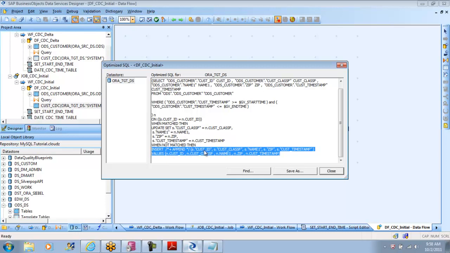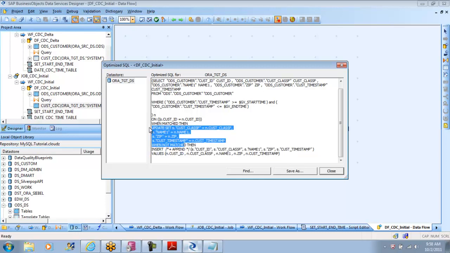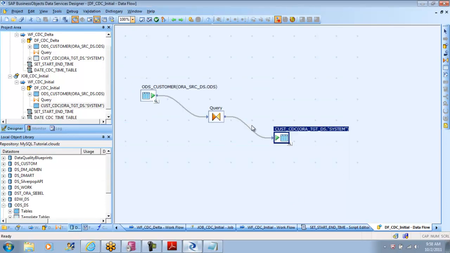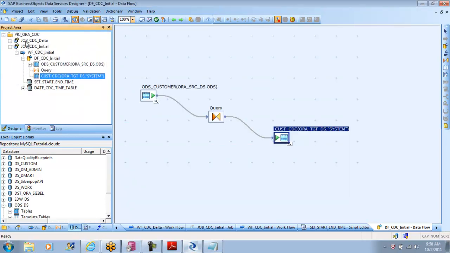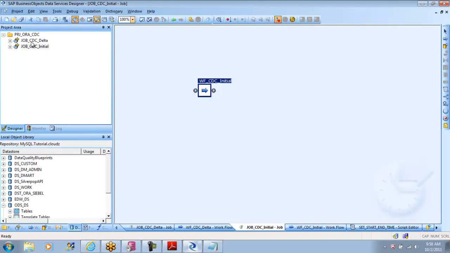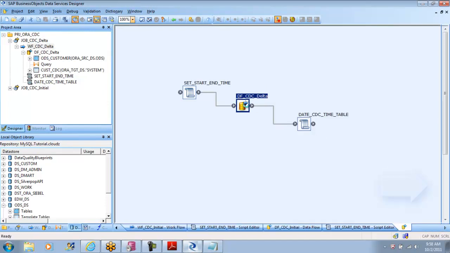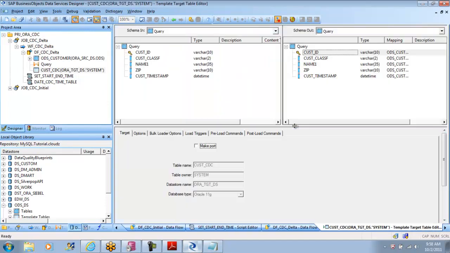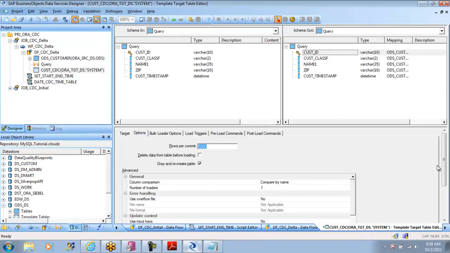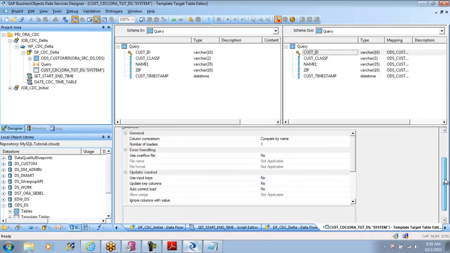If I run this job, it is going to again insert 12 records, but it will not literally insert anything. The reason being, they are all there. So we are using the autocorrect load, and we would go and set one more small option saying use input keys. That is also important. Based on the input key, it will perform the operation. So I will say use input keys,